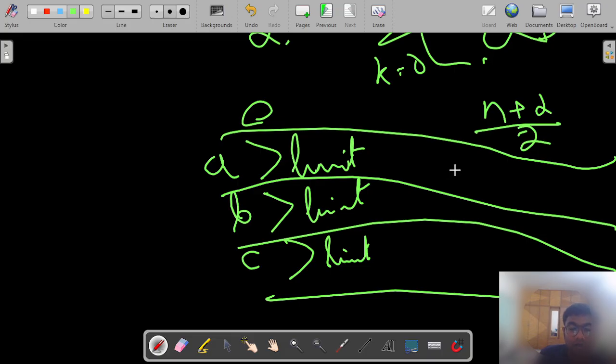Similarly for the case where we have a limit where n